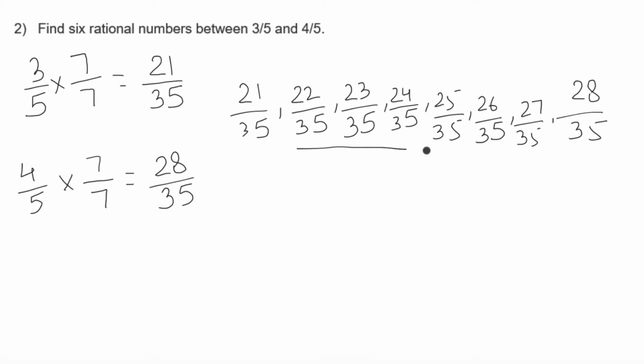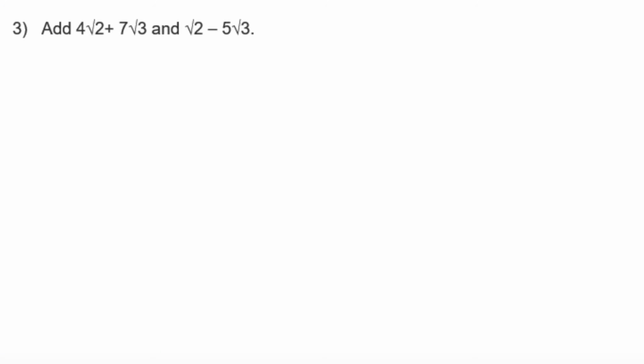So here are your 6 rational numbers between 3 by 5 and 4 by 5. The next question is,